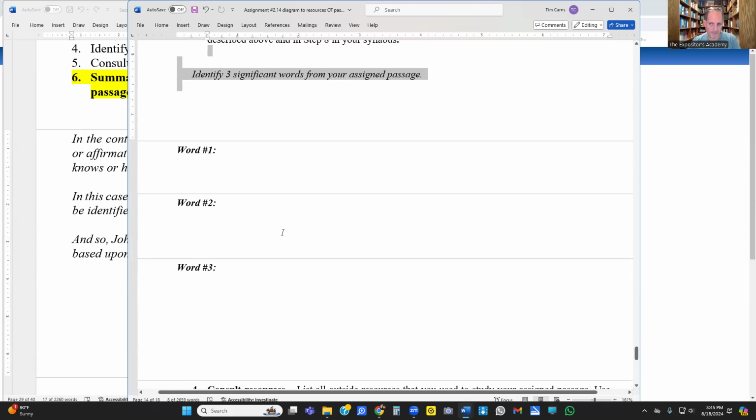Just follow the example given, follow the same process. And most of you, if I remember correctly, did a good job with this in module 1. So you'll do the same exact thing here for narratives. Just look for those words that seem significant in the story, and then do the same steps that you did for the word study in the epistles. Okay?